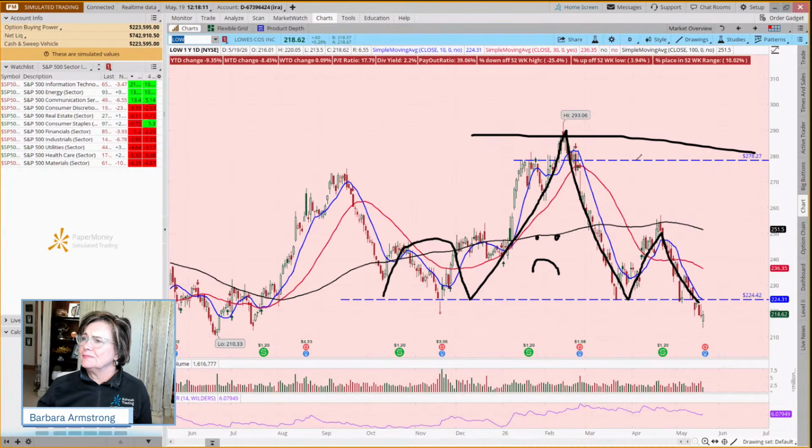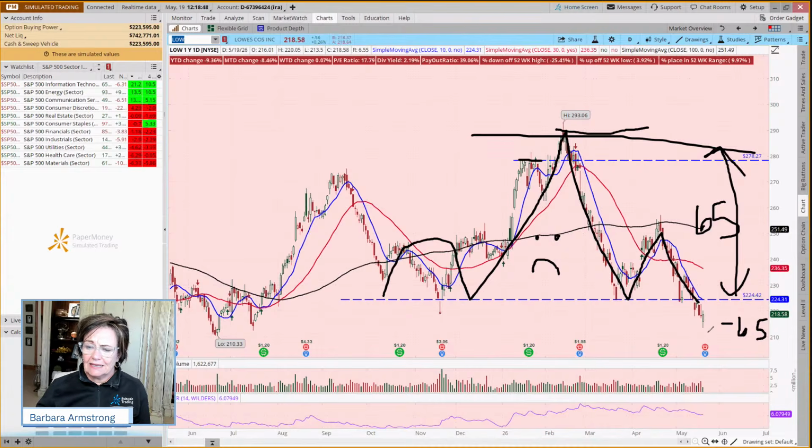And so if we wanted to measure, I had drawn a line, obviously, when it was back up here, at around that 290 mark. If you wanted to measure where you think this might fall to, you'd say it's gone from 225 to 290, so you might expect a fall of about $65. So you'd go to this 224 level and subtract $65, and that might be a target. So if you were to own shares of Adobe, might you be considering exiting your position?